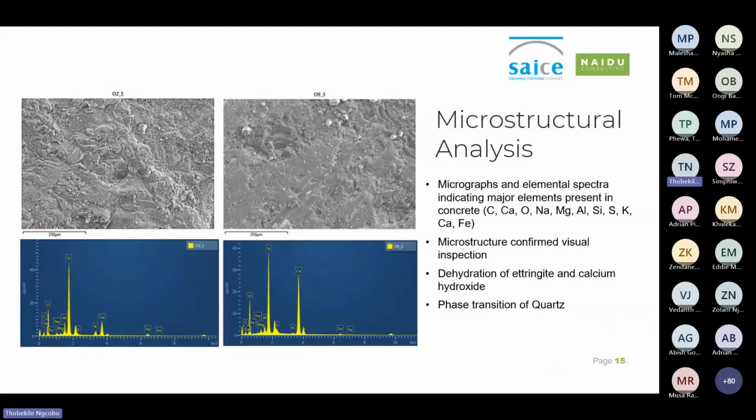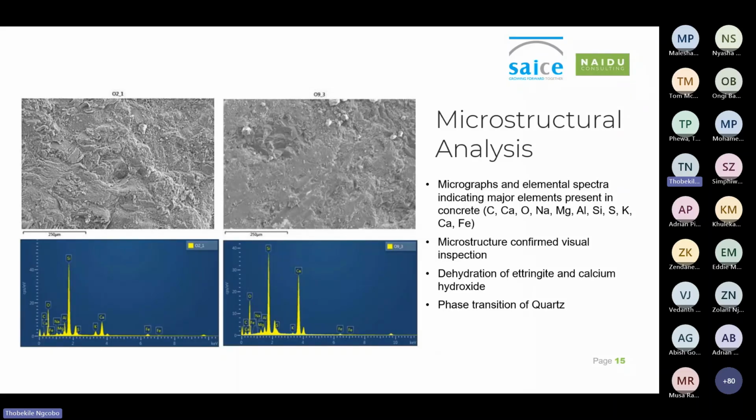A microstructural analysis was then carried out to further establish the depth and severity of fire damage to the concrete. This analysis involved examining concrete samples extracted from the soffit of the bridge. The findings revealed that the fire-damaged area experienced the most significant thermal exposure, with damage extending to a depth of approximately